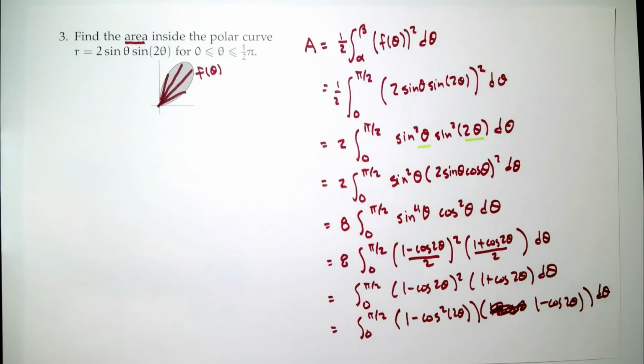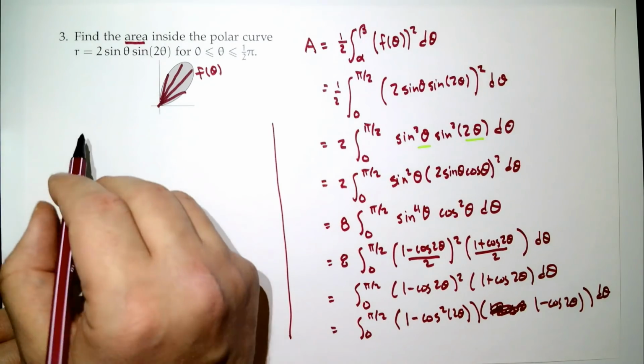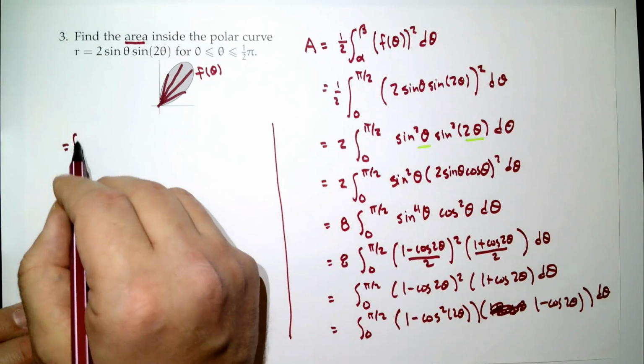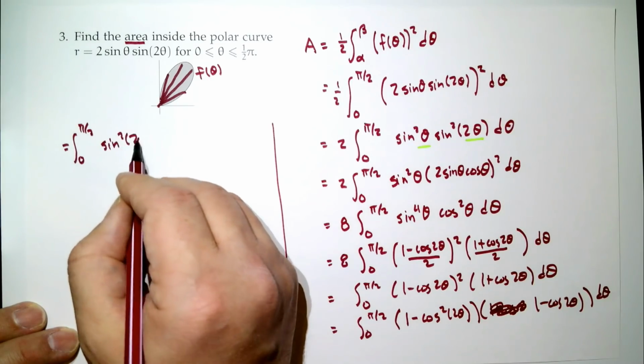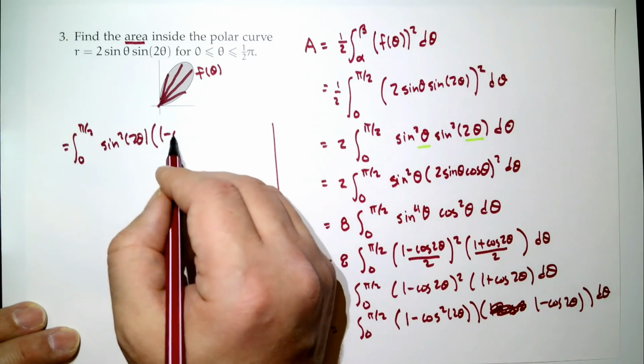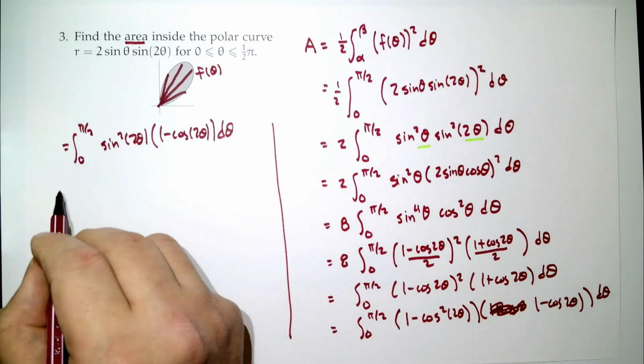I took a 1 minus cosine times a 1 plus cosine, and I got 1 minus cosine squared. Now, why did I do that? Well, 1 minus cosine squared, what is that known as? Sine squared. So, 0 to pi halves, sine squared of 2 theta times 1 minus cosine 2 theta, d theta,